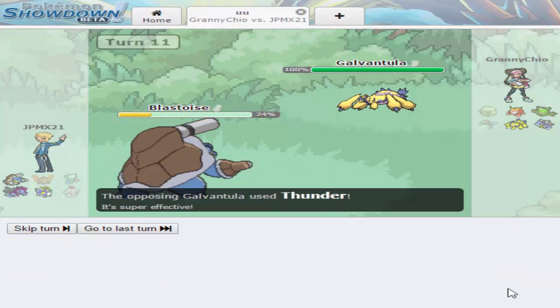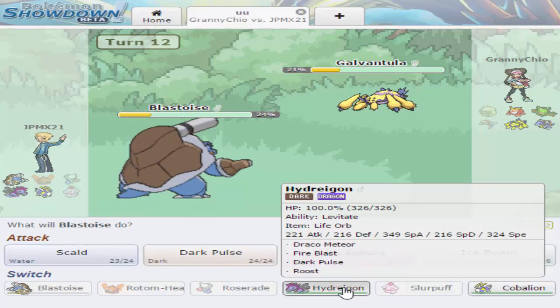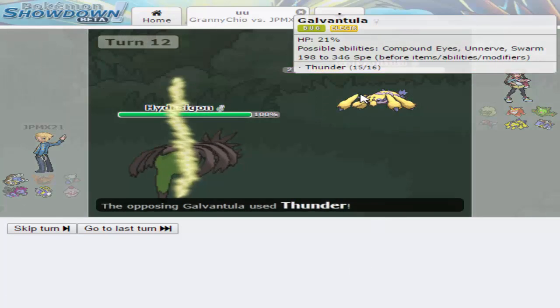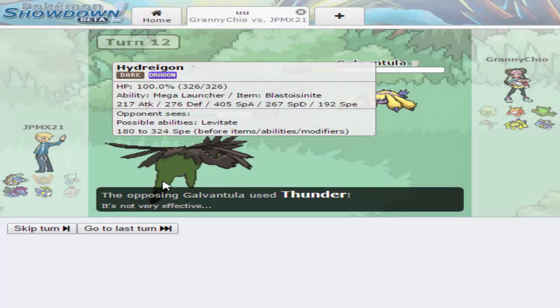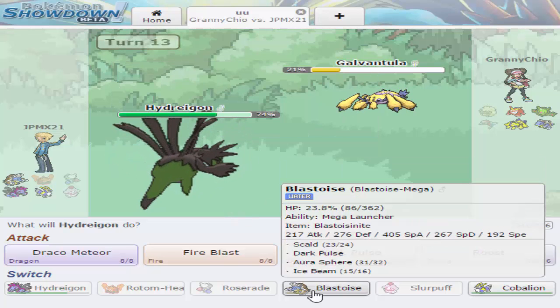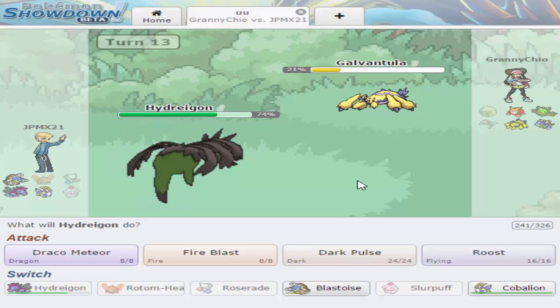Thunder, we take it. We don't get paralyzed, thankfully. And now that he's gonna go for a... Please go for another Thunder. Don't go for Bug Buzz. Does he outspeed? Oh, crap, he outspeeds. Wait, what? Oh, okay. I was gonna say, what? Oh, that was Blastoise speed. He does outspeed, so...